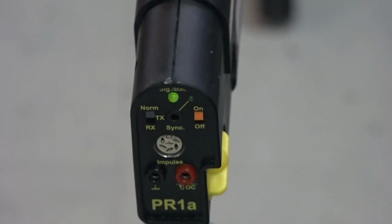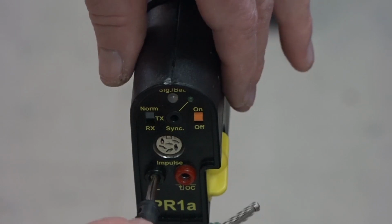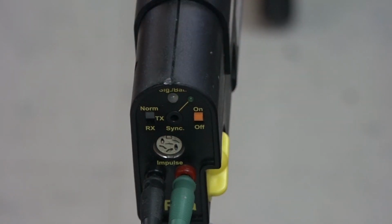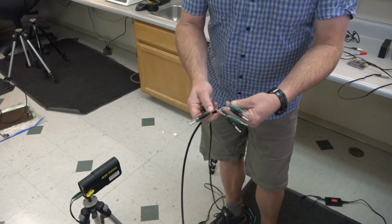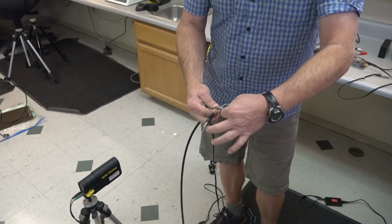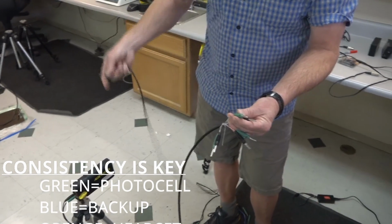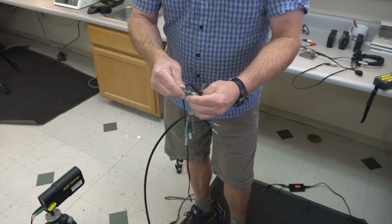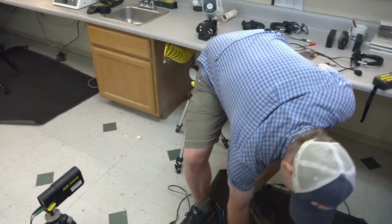Next you want to connect, or even before you focus it in, connect this into your photocell. This is your long 4-meter cable. So this is our start and finish cable. You can see the colors are blue, green, orange, and brown. To be consistent, always use for the photocell your green cable and connect that into your main cable. All right. Next, take another